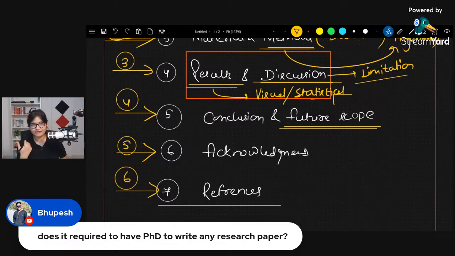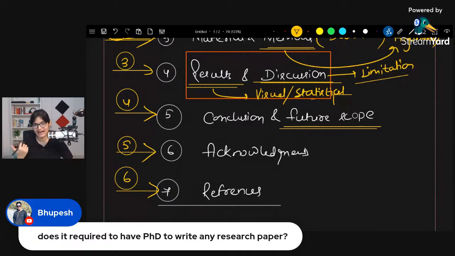For example, usually no one starts writing the code from the scratch. Even I also did that. I have taken some other people's code, and that's where I started changing my code part for my own research. So I have used some resources, right? Similarly, I have used so many research papers to get to this point that I will be able to write my own research. So whatever research papers you have used, whatever code files you have used, other people's code files, you have to refer everything in this particular references part.